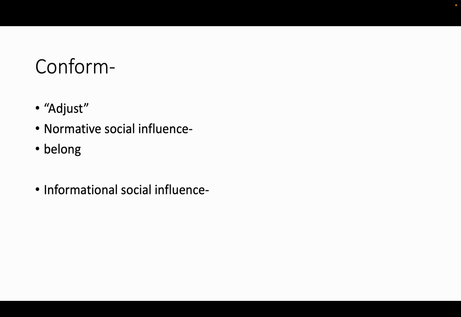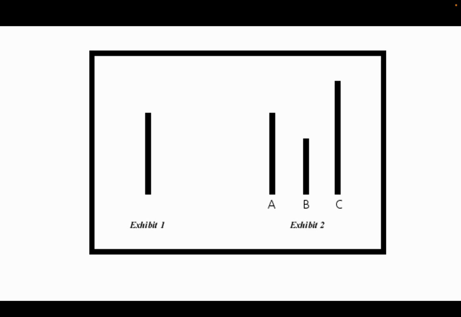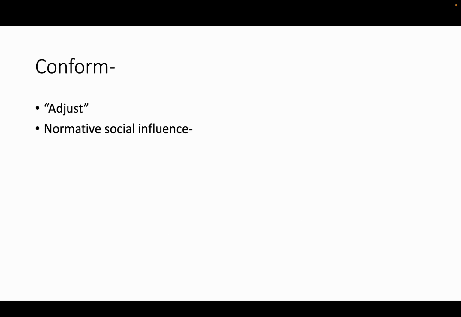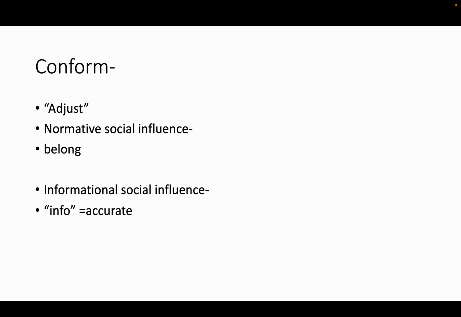And so conformity, that was Asch basically proving scientifically, empirically, how powerful peer pressure is. People just want to fit in. Normative social influence is you will adjust and fit in just to be normal, just to be with the others. Informational social influence, it's harder for me to explain, but basically this is stuff like an influencer on the internet. You might want to follow them because they seem like they're more accurate.